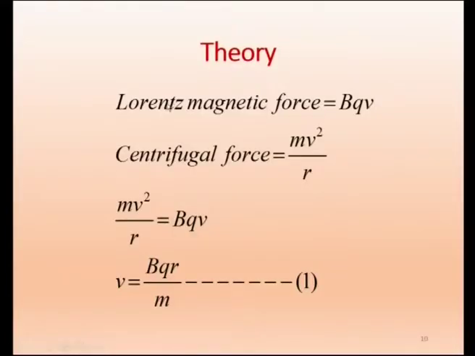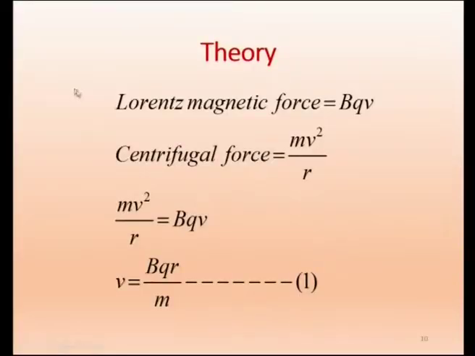Now we will go to the theory. Now we have understood how it works. For a layman that is sufficient to say what is happening. Now we have to go for more physics derivation. Already we said the disk is there, the D's are there, magnetic field is applied here. So there will be a Lorentz force. Lorentz force will try to bend the particle towards the center, and due to the centrifugal force, the particle will try to go away. Both must be balanced.